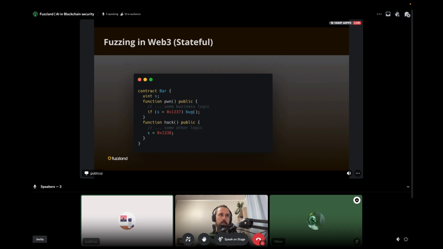So more likely, we have a storage variable inside the contract. It's an int s, and we have two functions. One is hack. Hack does some logic up there, and then it sets s to hex 138, and pawn will check the value of s and trigger a bug, depending on the value of s. This is like an analogy of some other contract, maybe all contracts that use a storage variable